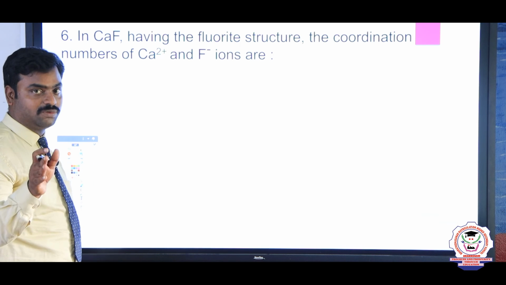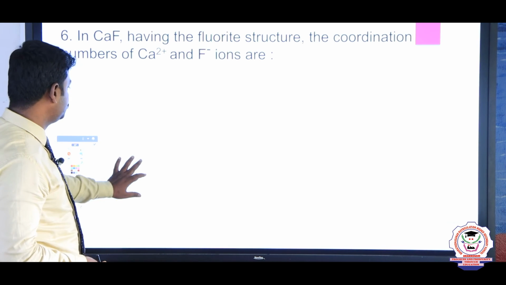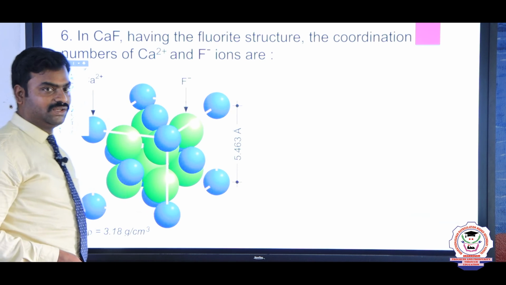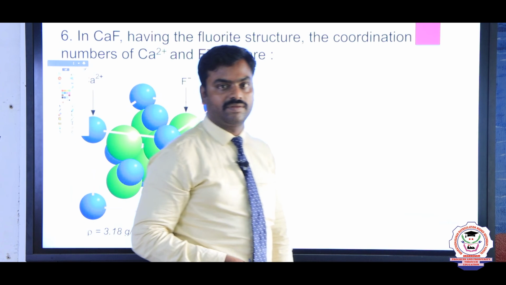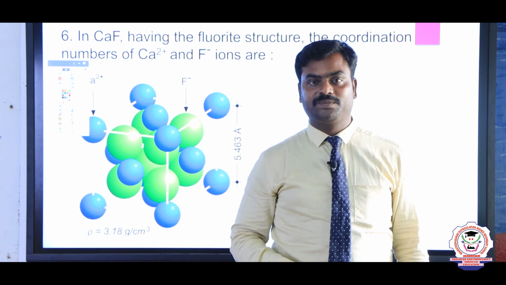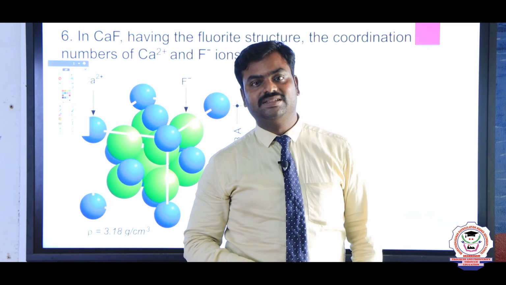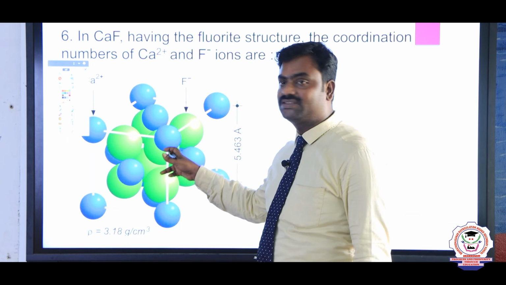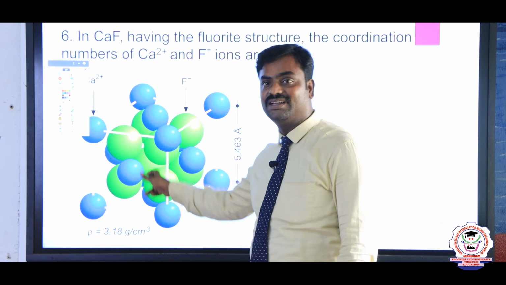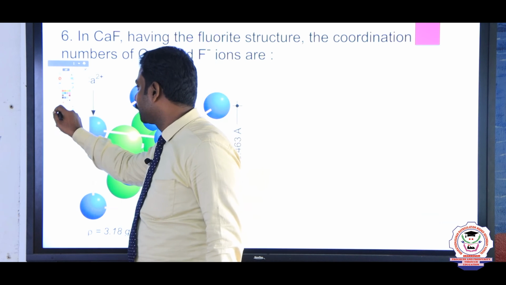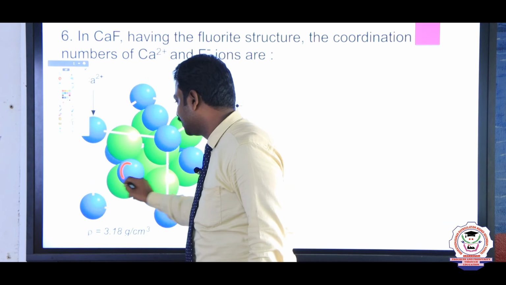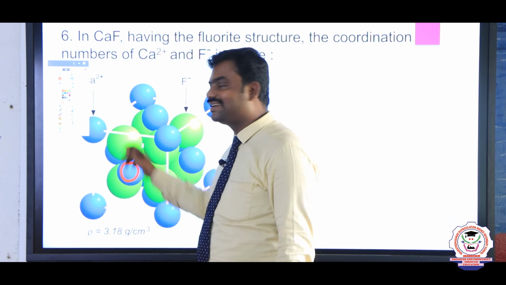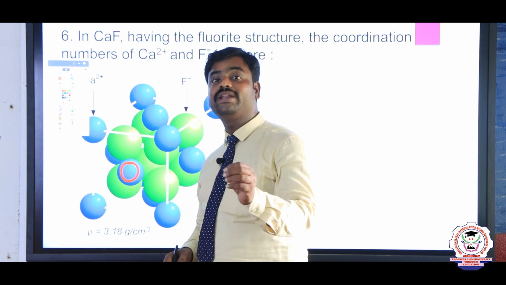First of all, we must know what a fluorite structure is. Most of the time in the fluorite structure, the cation is occupying the CCP lattice, or else FCC lattice. So calcium ions are available at the corners as well as the face centers. The blue color mentions the calcium atom, whereas the green color mentions the fluorine atom.